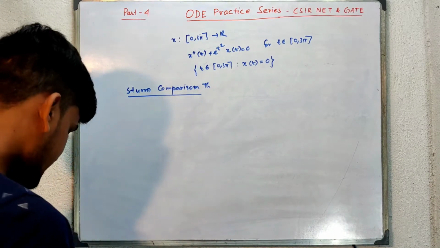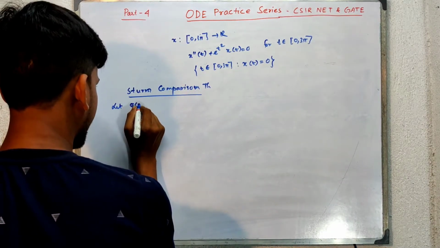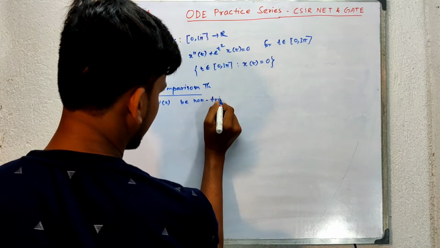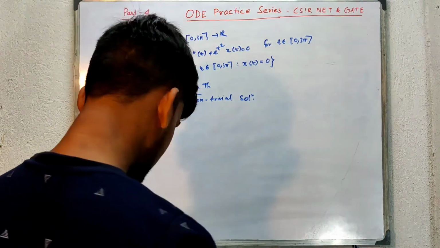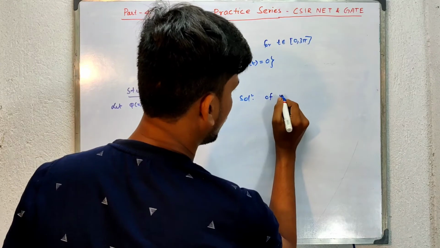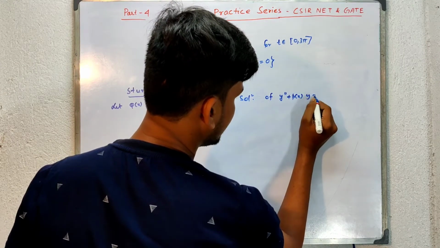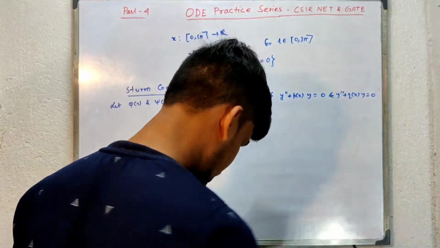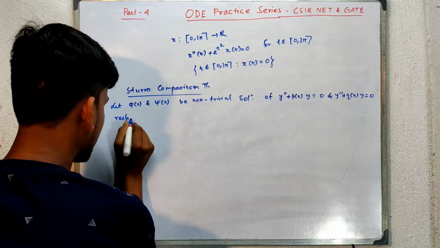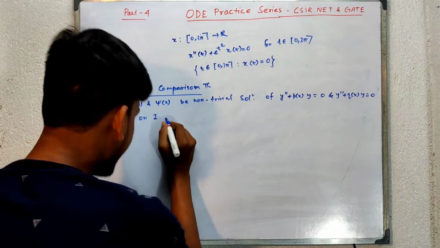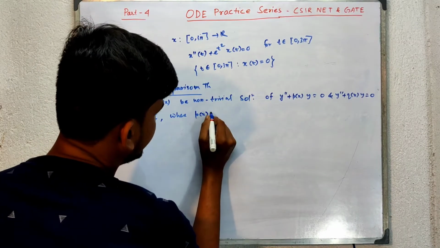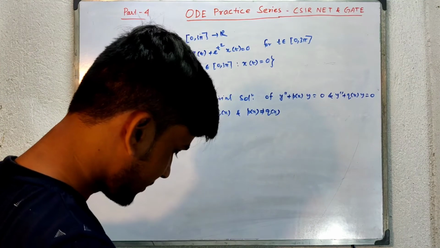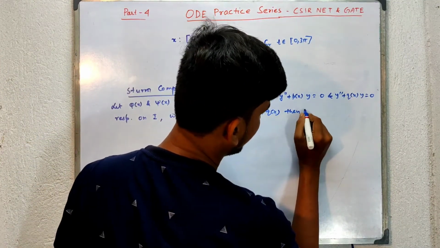What is the theorem? The theorem says: let phi(x) and psi(x) be non-trivial solutions of y'' + p(x)y = 0 and y'' + q(x)y = 0 respectively on any interval I, where p(x) ≥ q(x) and p(x) ≠ q(x). Okay, these two conditions, then